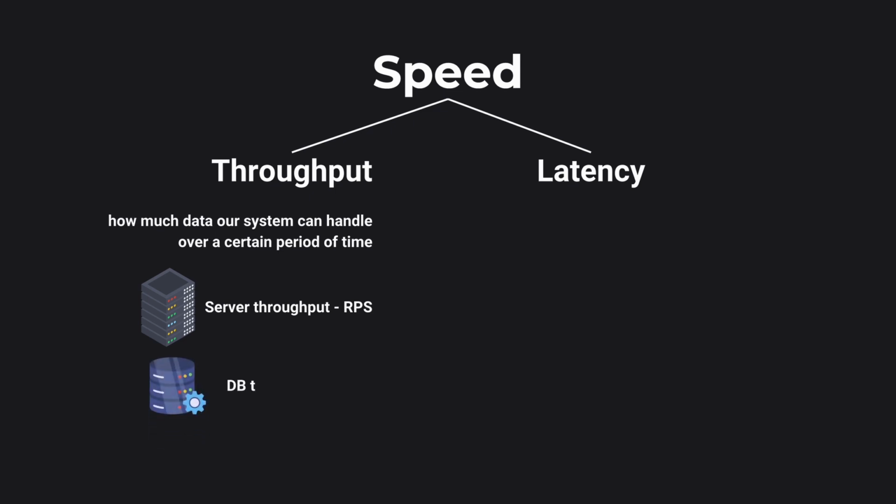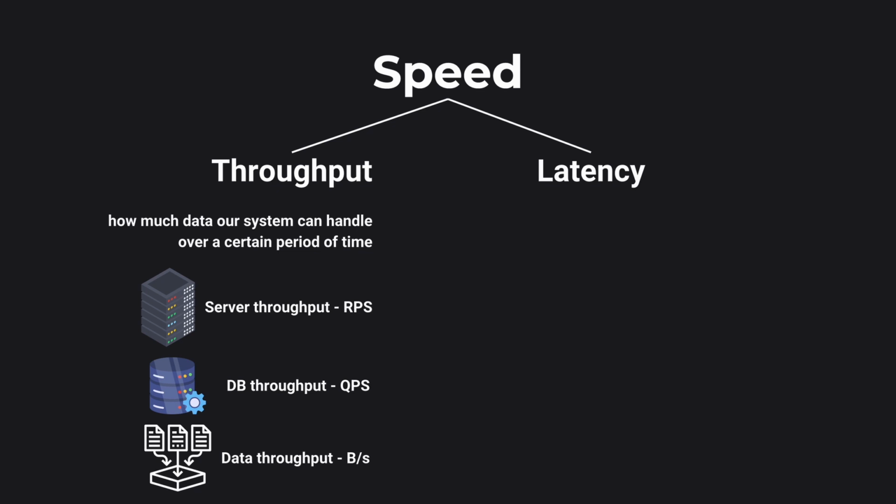We have database throughput, which is measured in queries per second. This quantifies the number of queries a database can process in a second. Like server throughput, a higher QPS value usually signifies better performance. And we also have data throughput, which is measured in bytes per second. This reflects the amount of data transferred over a network or processed by a system in a given period of